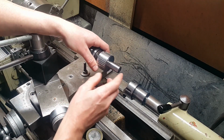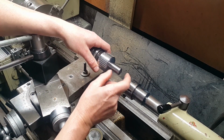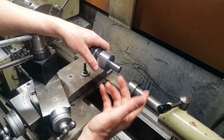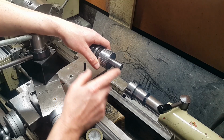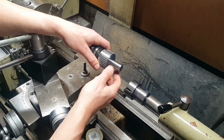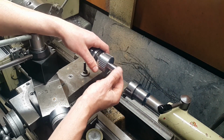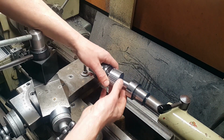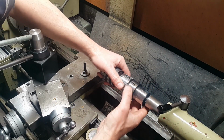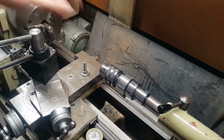On the plans, it called for a Morse taper, whether you had a Morse taper 2, Morse taper 3, but I wanted to be able to use this across the lathe, the milling machine and the drill press. So I've just done a square taper which is going to fit into an ER32 collet. So we've got a 20mm collet in here, and if we just tighten that up,